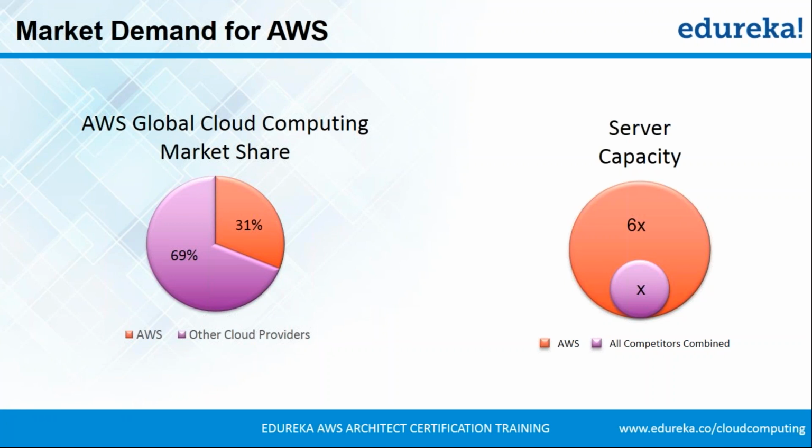But these are all current statistics. This doesn't mean that the times will not change. Maybe 4 or 5 years down the line, Azure will also come up at par with AWS. But if we see the current scene, AWS is the cloud provider right now. There is no one who can touch AWS, and that is the reason we are talking about AWS today. That is the reason I'm teaching you guys about AWS, and that is the reason you guys want to become solution architects for AWS.